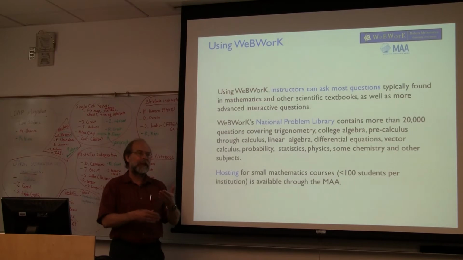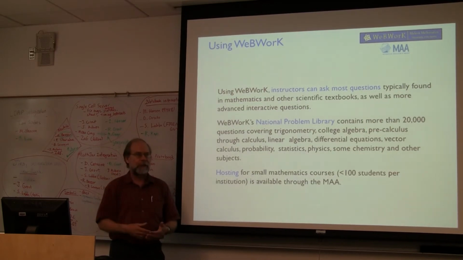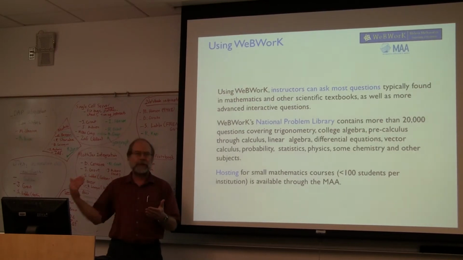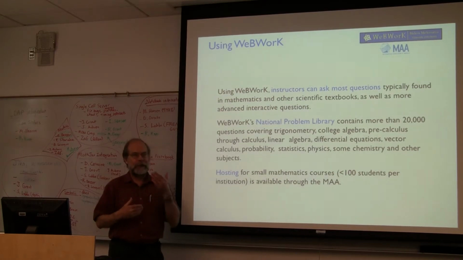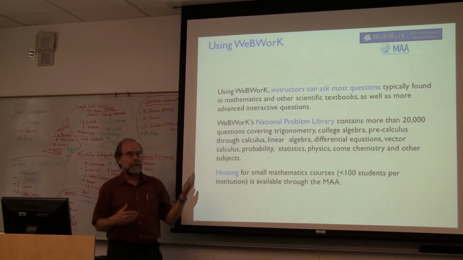The model for WeBWorK is actually very general. Your problem is a string, and it gets presented, and uses MathJax or jsMath or dvipng to present the mathematics. The student's answer is a string. And when you write the problem, you also write an answer evaluator, which takes the student's answer, which is a string, and spits out 0 or 1, depending on whether it's right or wrong. So if you have any algorithmic way of analyzing a string that can be written in a computer, any algorithmic way of analyzing a string and telling me 0 or 1, then we can put it into WeBWorK.